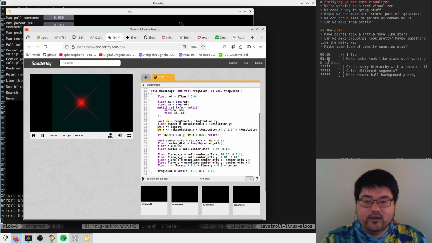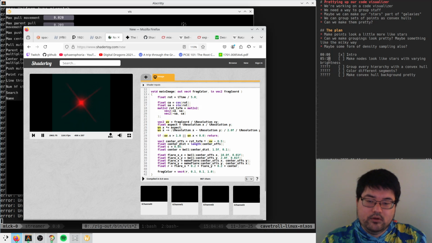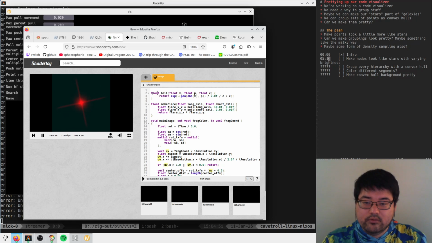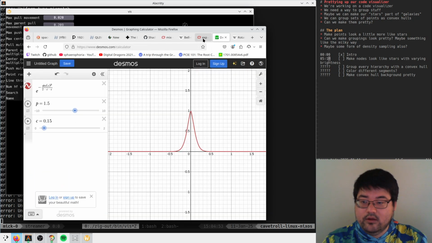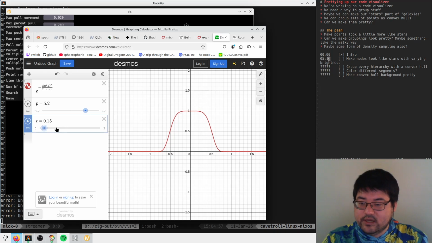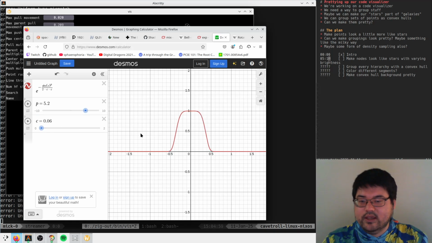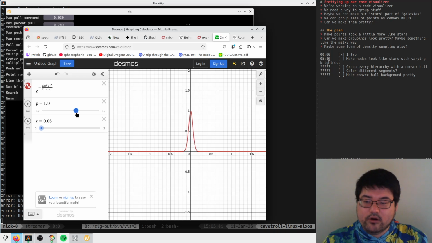It's some scalar on the bell, right? So if we look at this thing, we have a flare that looks something along these lines, right? And so I guess we just want to decrease power on this thing